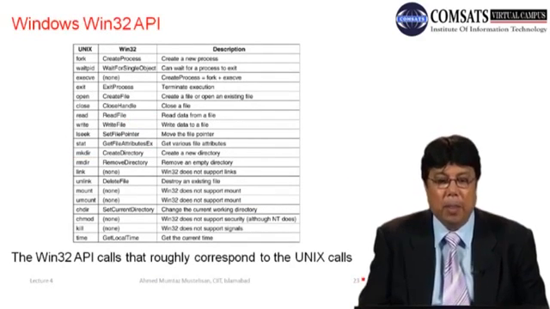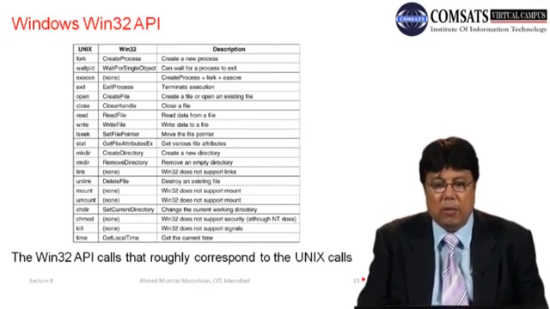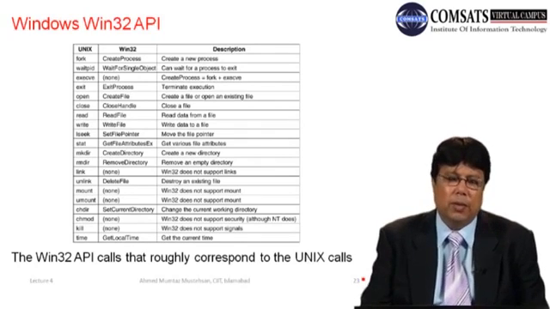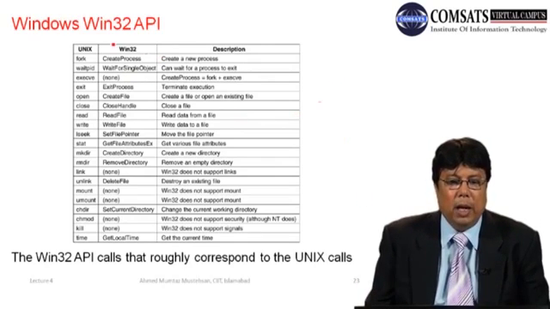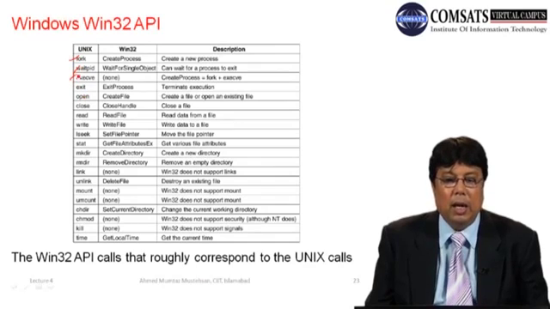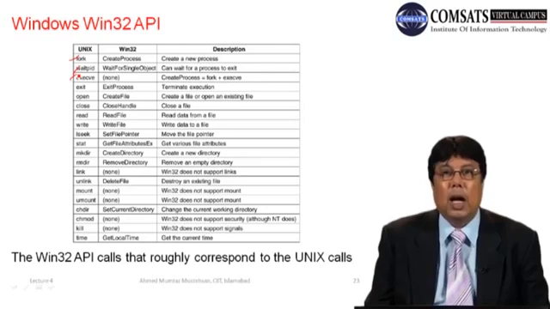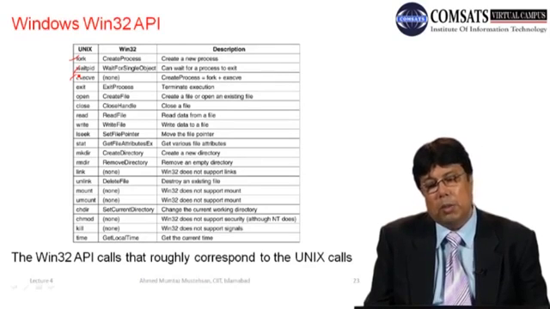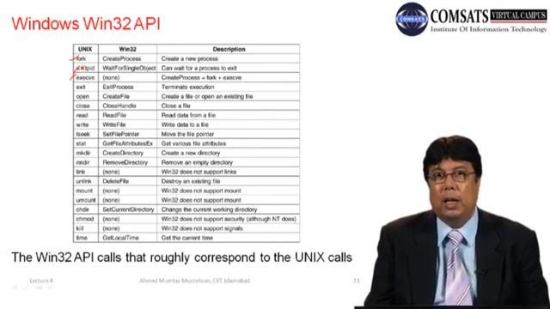Windows Win32 API. Now we have talked about the system calls available in the Unix environment. Almost similar or slightly different system calls are also available in the Win32 environment. If we look quickly, the fork command we have already seen, to create a process, is in Unix too. waitpid is in Unix too. exec, execve: execute, create a process, it forks plus executes, like when you typed a command sort inside the shell, for example, this will also create the sort process